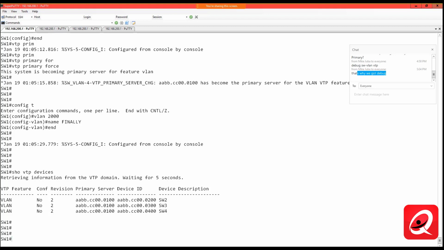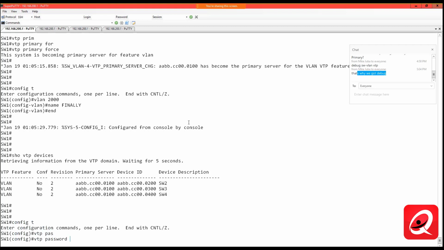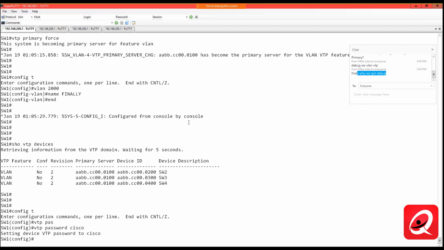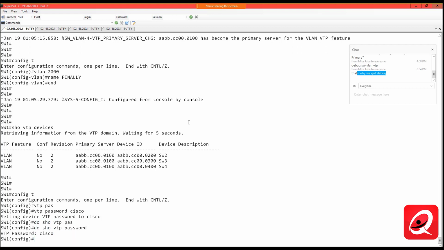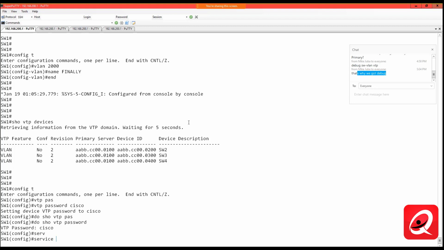I guess that's it. There's really not a whole lot else about VTP version 3. We do the MD5 digest. I showed you guys that with the VTP password. Now you could do service password encryption. If you just did, for example, config t, VTP password Cisco, I can still do a show VTP password. I could do service password encryption,